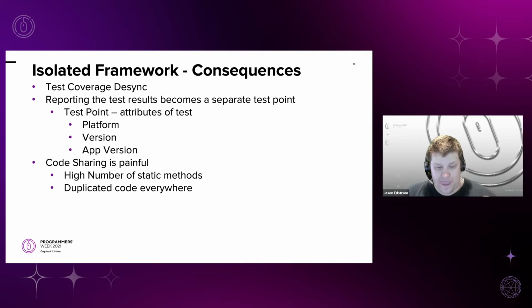So that's one thing that you kind of get, and especially with ALM tools now, it creates a unique reporting scenario in terms of the testing endpoint. So usually a testing endpoint talks about platform, the version, the app version, stuff like that. And in this scenario, that reporting piece isn't as fluid. You have to make sure that your reporting framework is on top of its game in order to make sure that you report results to the right location.